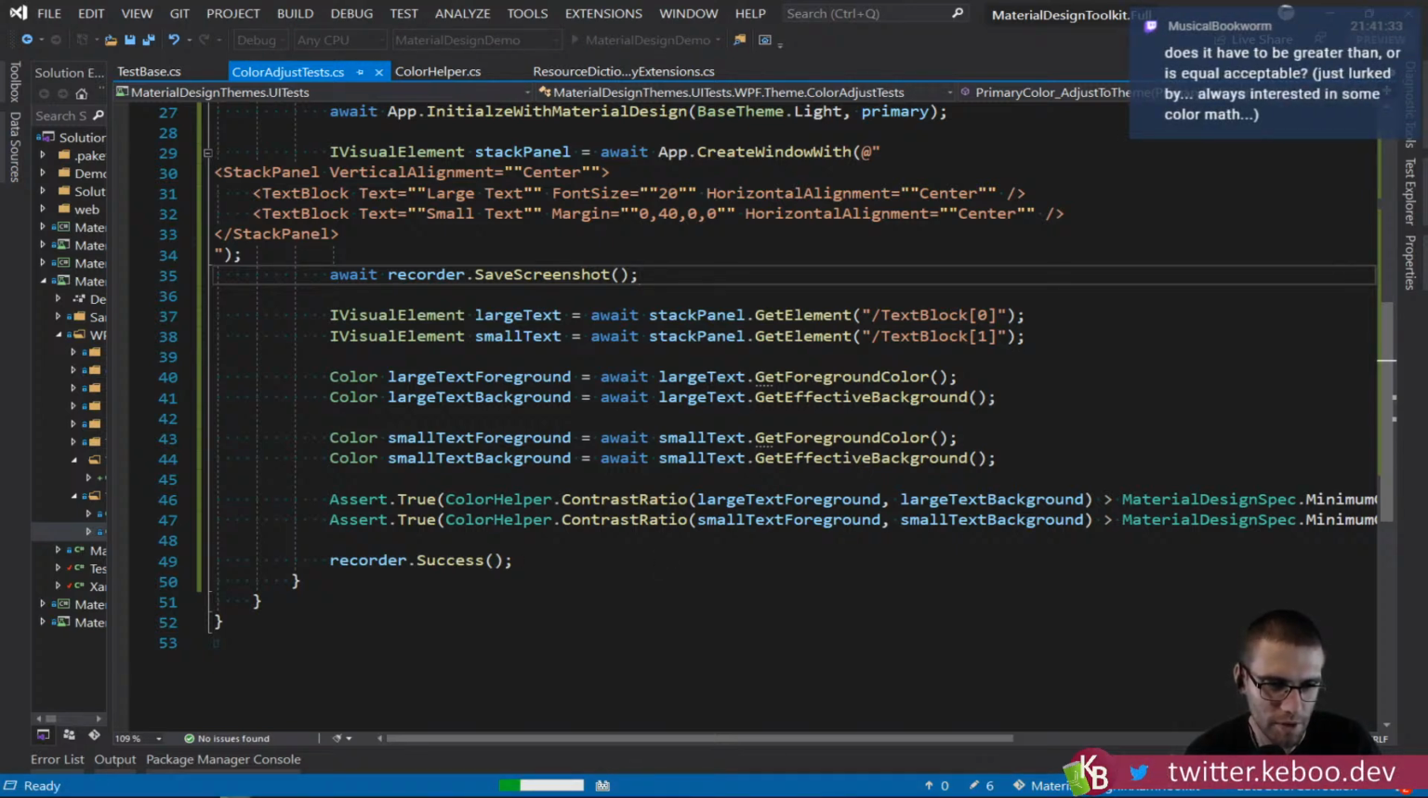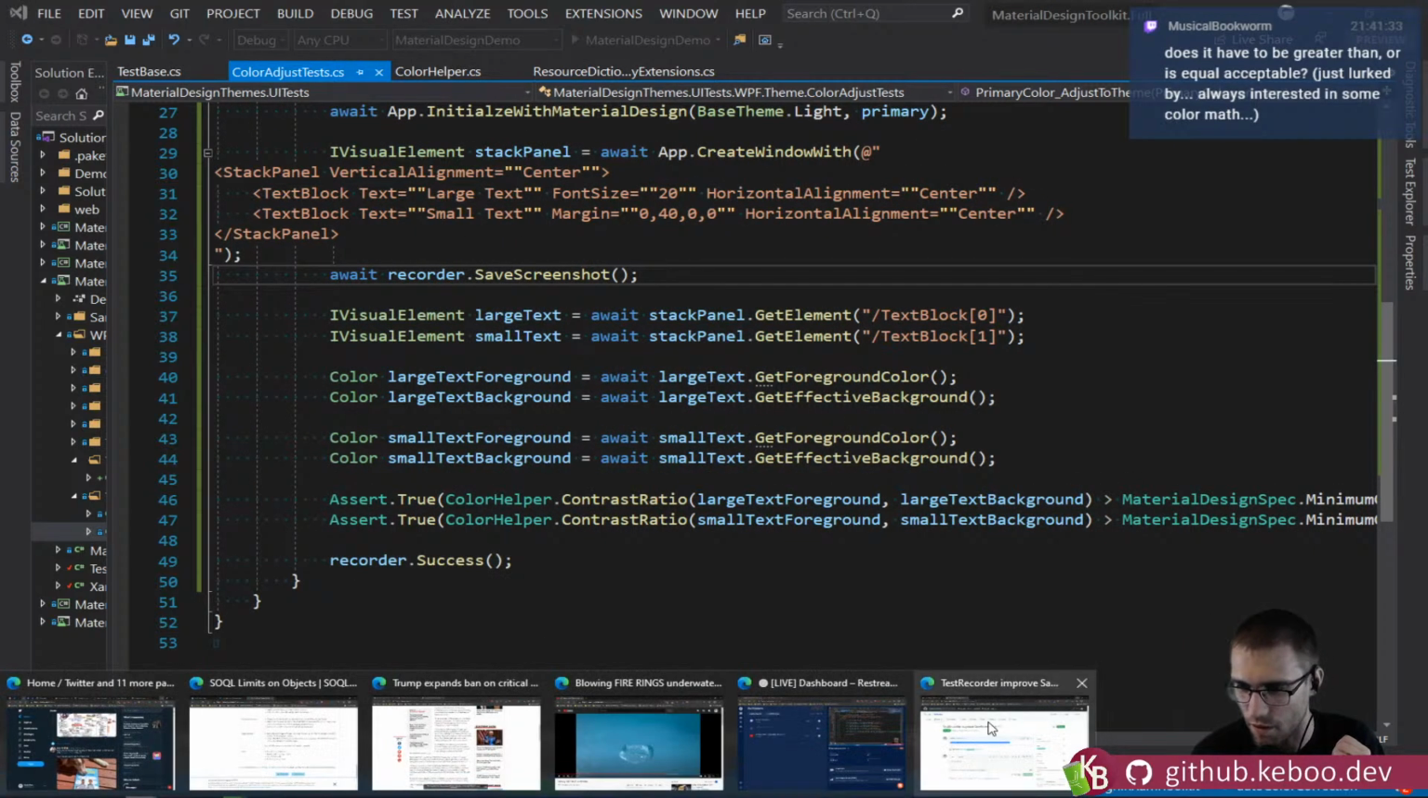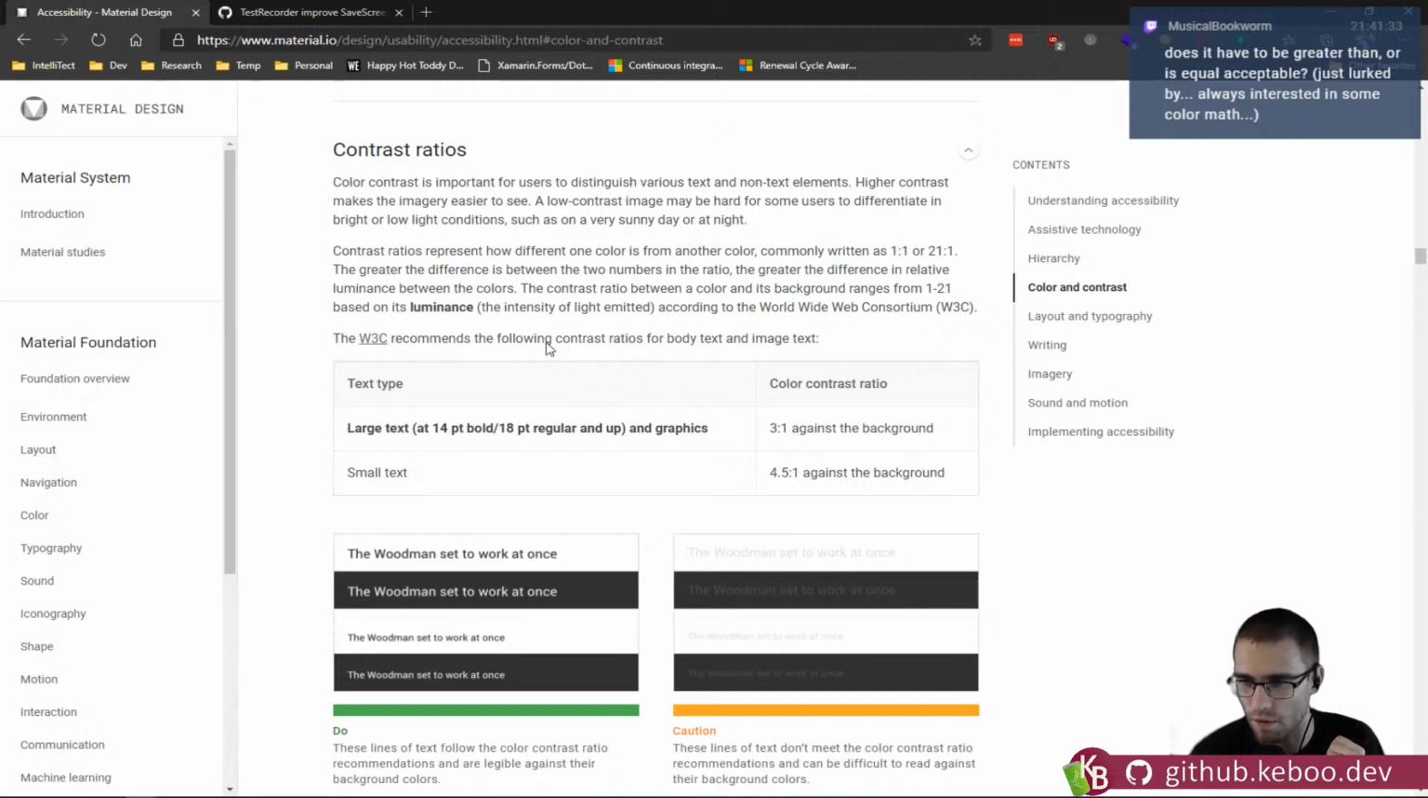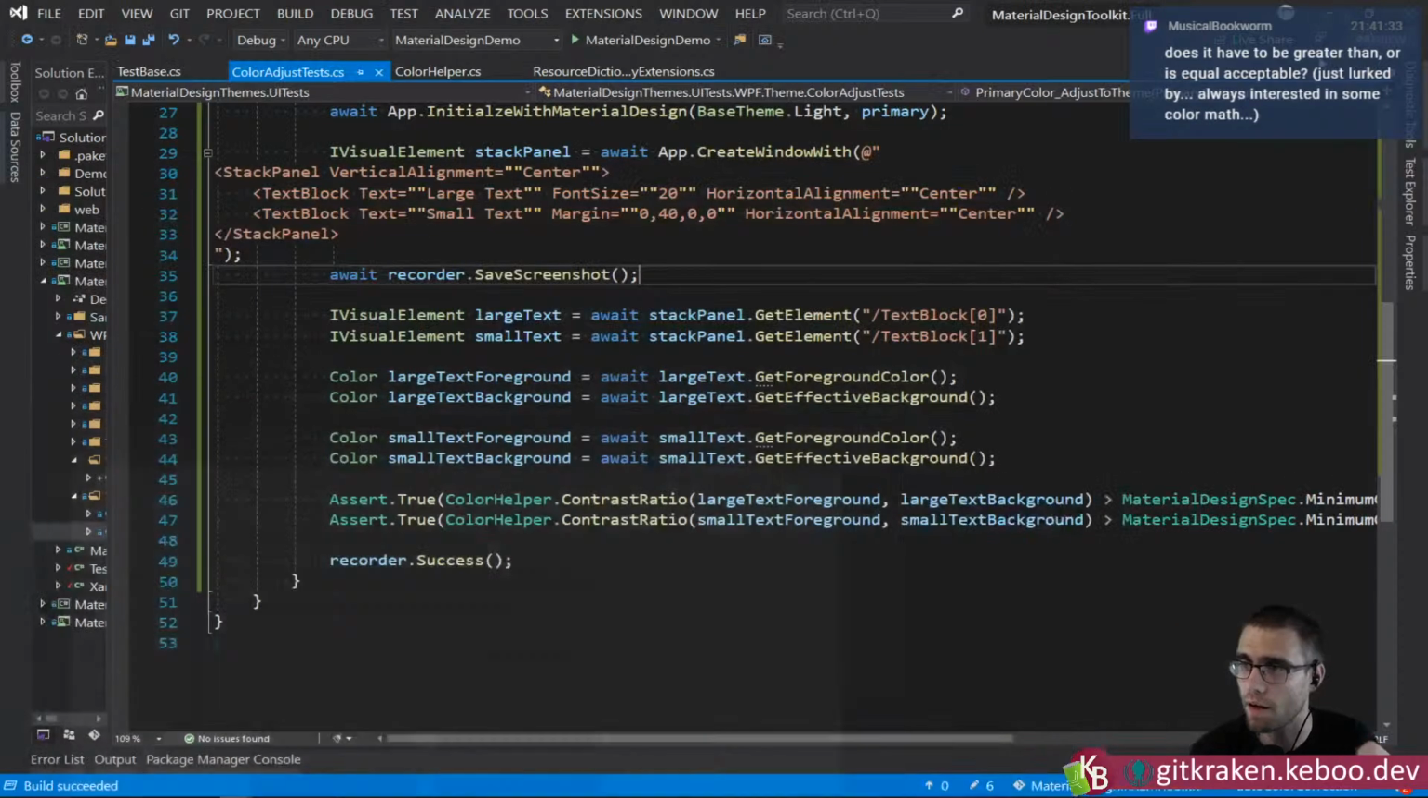Musical bookworm: Does it have to be greater than or equal to, to be accessible? Just lurking by, always interested in some color math. So that is a good question, and I believe actually you are correct in that equal to would be acceptable as well. So